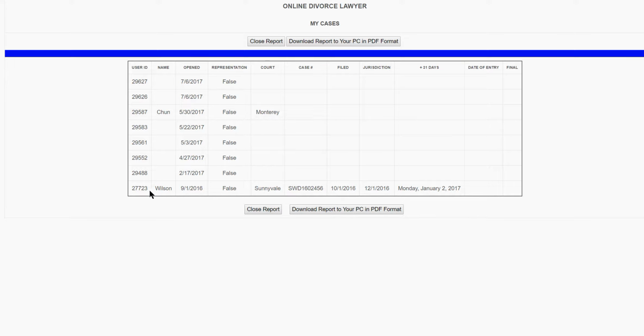So you can see that the Wilson case is the only one that is anywhere near populated, but in your particular instance, depending on how far the client goes in his or her case, all of this data would be populated. The court would be in this column, client name obviously, user ID from newest to oldest, and the date the case was filed, case number,